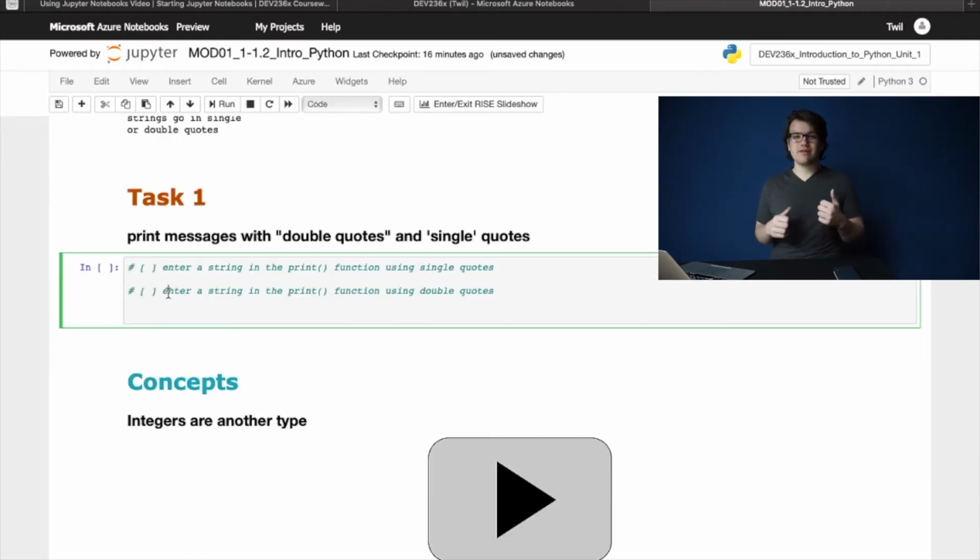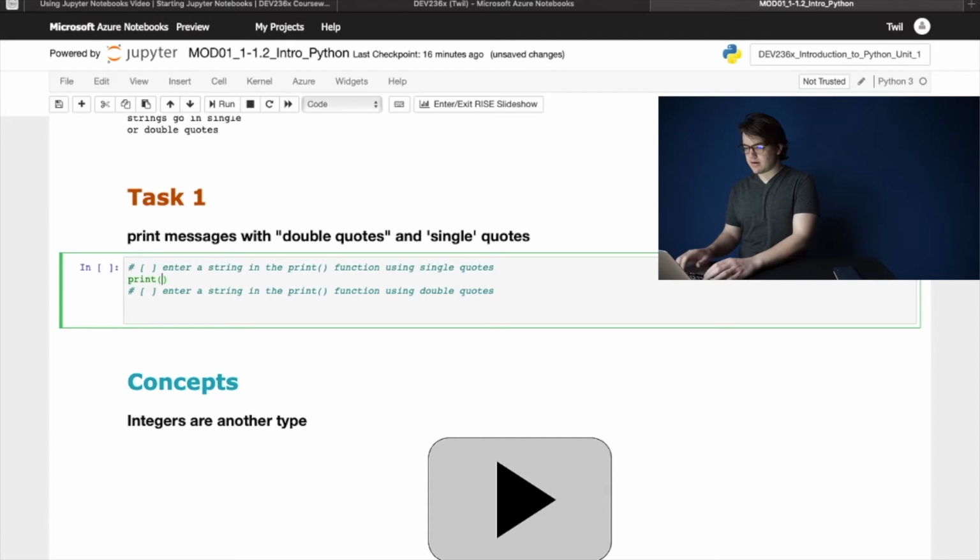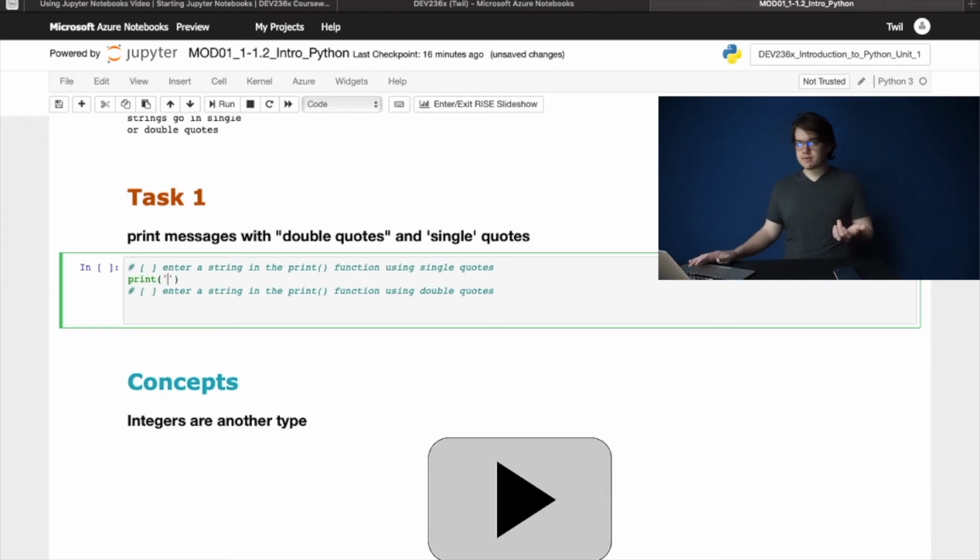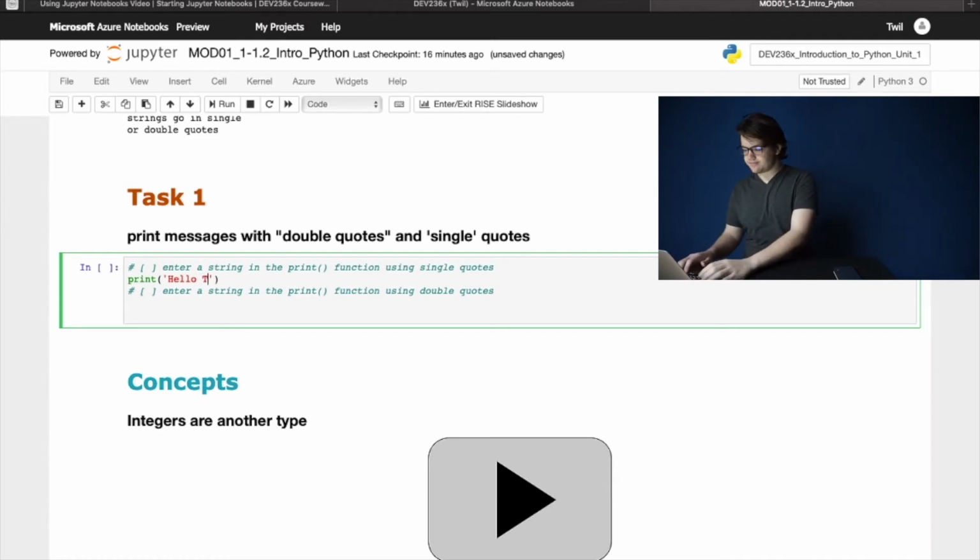So we have our first task for the second course, which says enter a string in the print function using single quotes. Okay, so let's do that. Print and single quotes. Let's do it how we did in the last one. Hello learners.